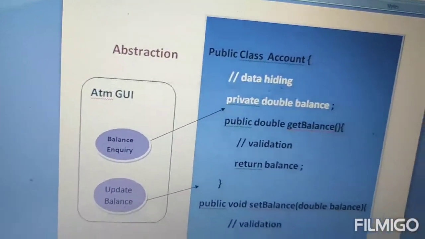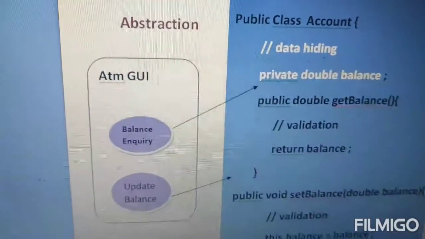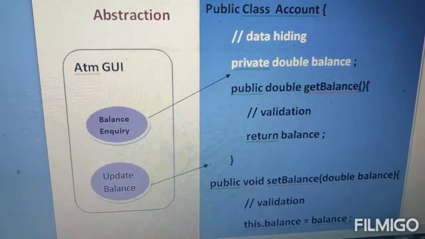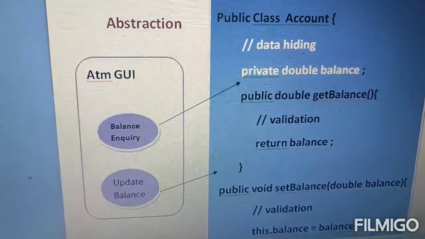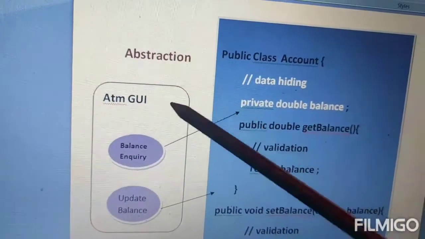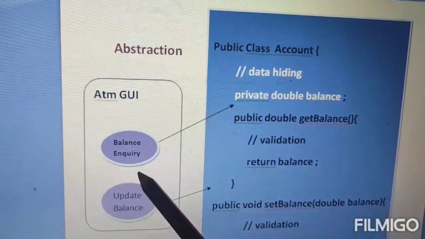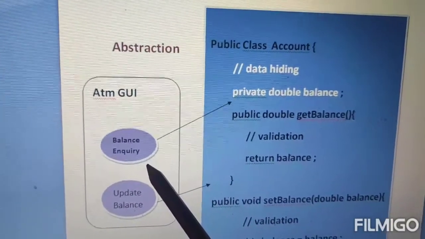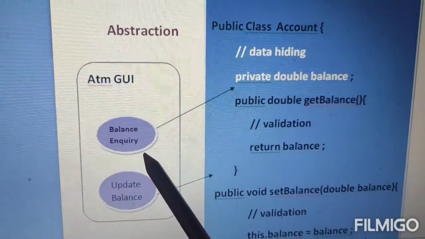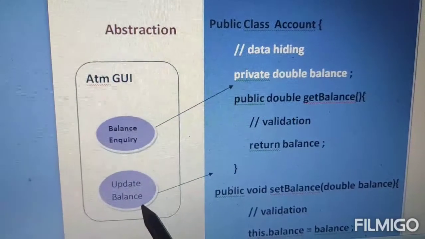Abstraction means you are hiding the internal implementation and just highlighting the services which are provided by your application. Here I have taken an ATM GUI. It is an ATM graphical user interface where the user is able to see only the services provided by the bank, and these are balance inquiry and update balance.